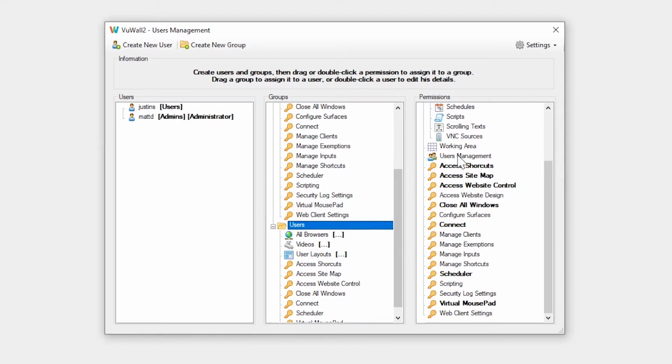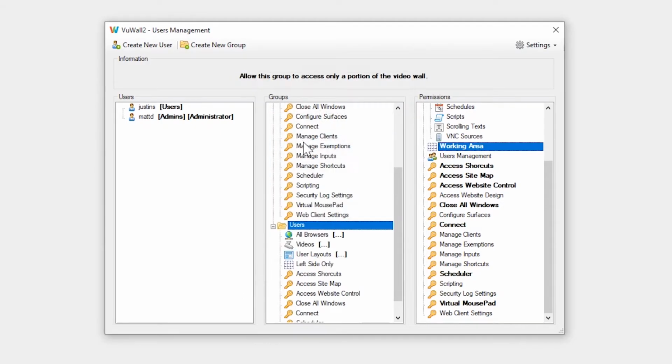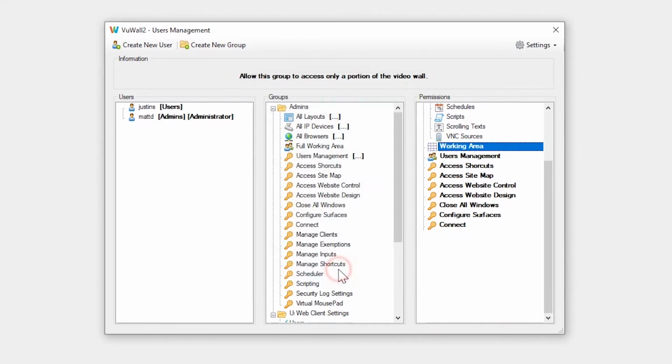We'll return to our users group and double-click the working area permission. Here we can select a portion of the video wall to restrict these users to, in this case, the left-hand side of the video wall. We'll assign the full working area to our admin users,